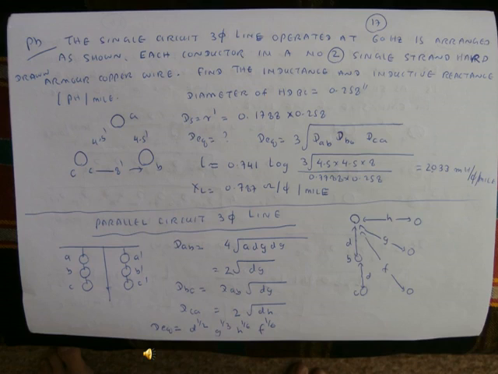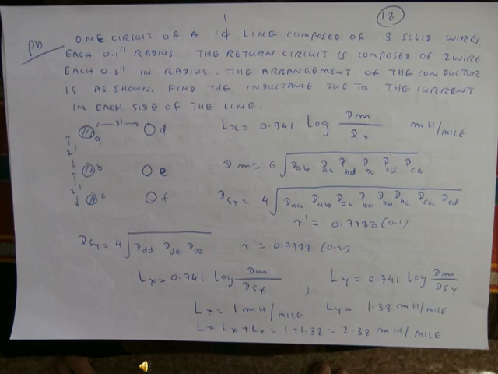Then we solve the problem. One circuit of the single-phase line is composed of 3 solid wires, each of 0.1 inches radius. The return circuit is composed of 2 wires, each of 0.2 inches radius. The arrangement of the conductors is as shown. Find the inductance due to the current in each side of the line. So in this case, there are 2 circuits, A, B, C, and D, E. The distance between A, B, C is 2 feet, and the distance from A to D is 3 feet. So we have to write down L is equal to 0.741 log DM by DS millihenry